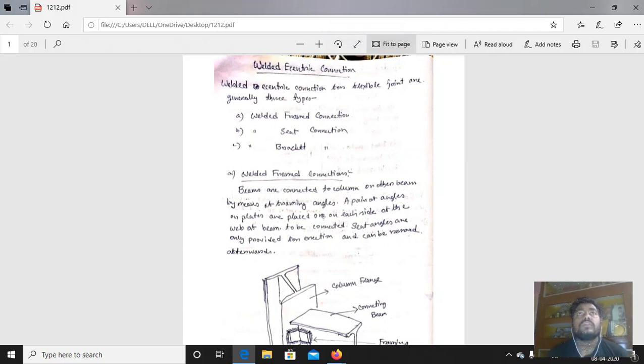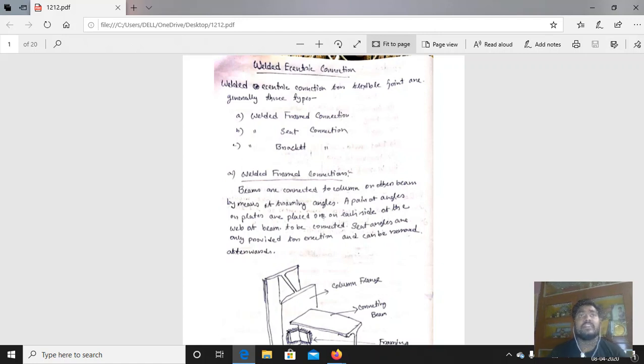Yesterday, we discussed one of the most important problems in steel design, that is the eccentric connection. If an eccentric load is acting on a beam column joint, what is the effect of the load that we have designed? But we have designed only bolted connections. We have seen that in a bolted